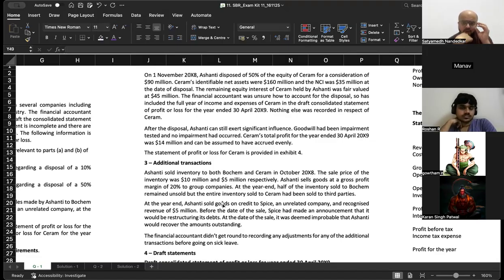The financial accountant was unsure how to account for the disposal, so he included the full year of income and expenses of Serum in the draft consolidated statement of profit or loss. Nothing else was recorded in respect of Serum. After the disposal, Ashanti can still exert significant influence. Goodwill had been impairment tested and